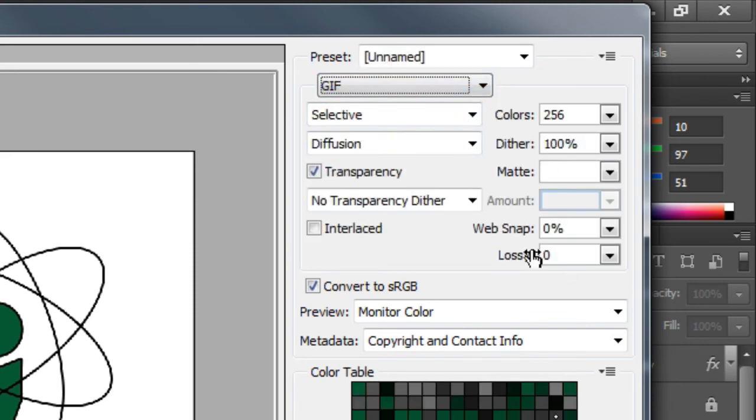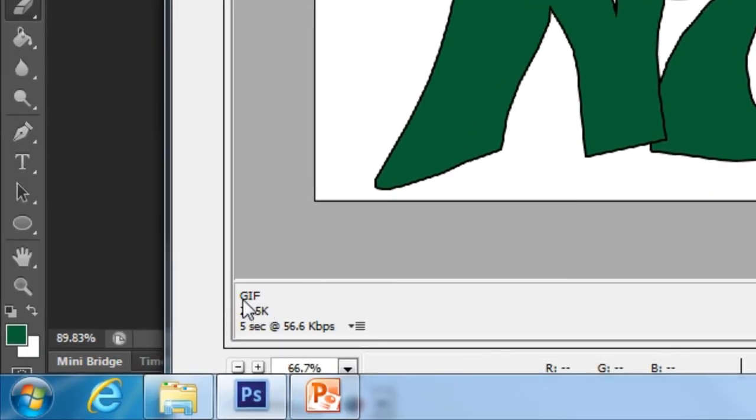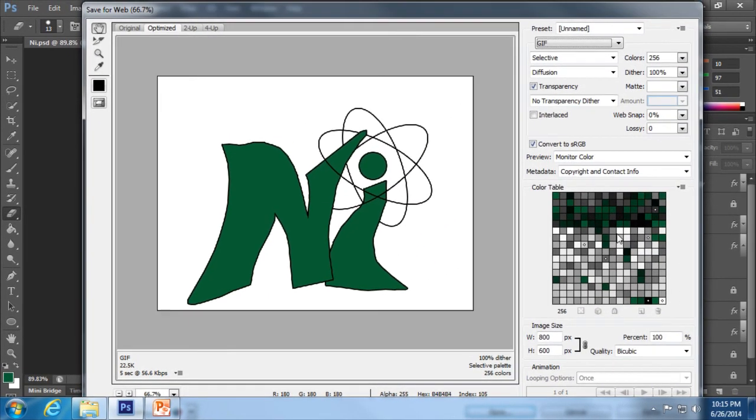And what I want to show you is once you select GIF, come down here and you can see it's saying, okay, as a GIF file, this is kind of semi what it would look like. This is the color table that it's going to use because it's for the web, so you have limited colors. So this is the color table it's going to use. And then it's going to tell you right here, as a GIF file, at 22.5 kilobytes a second download speed,